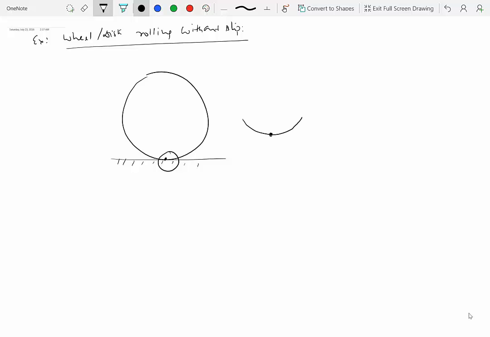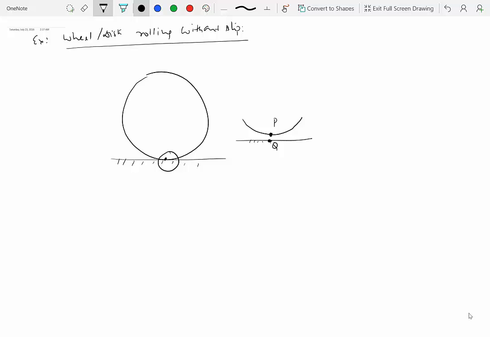Let's say a point at the bottom of this wheel is P, and a corresponding point on the surface, which we'll call Q. So at a particular instant, P and Q are coincident, right? They're right on top of each other. They're not separate. I'm just drawing them separate over here because I want to show that you have 2 points, right? So there is a point P, which is on the wheel. There's a corresponding point Q coincident with P on the surface. So the rolling without slip condition says that there is no relative motion between point P and point Q, okay?